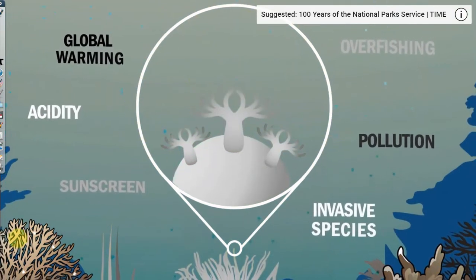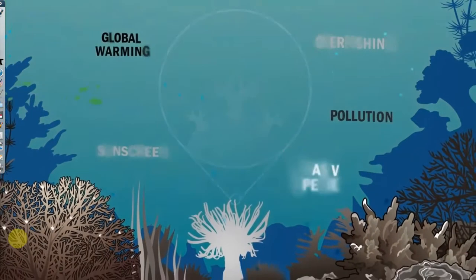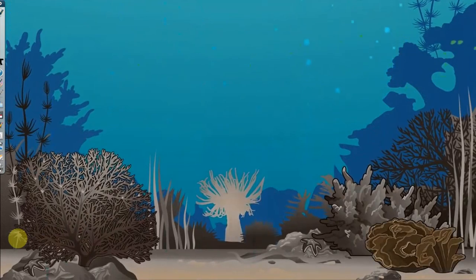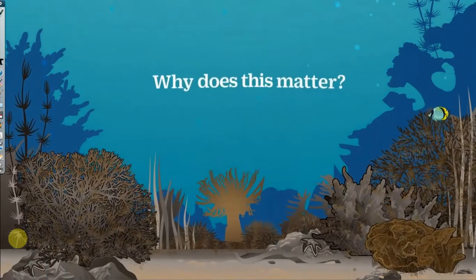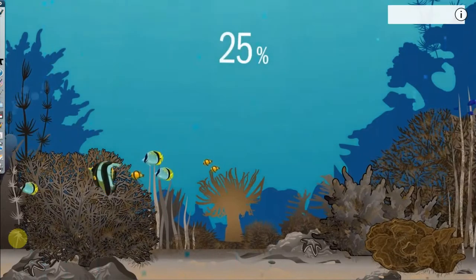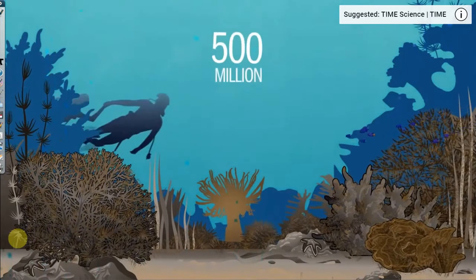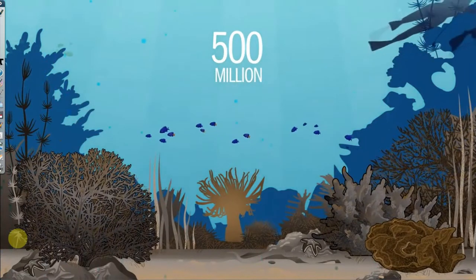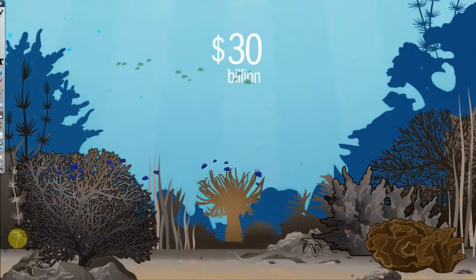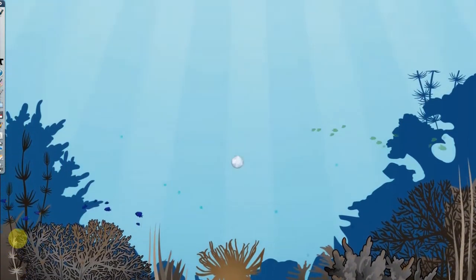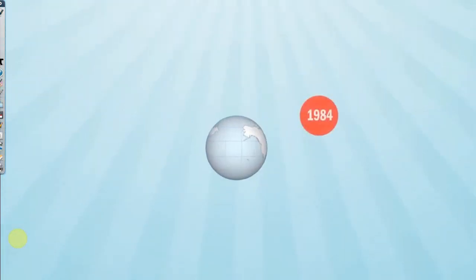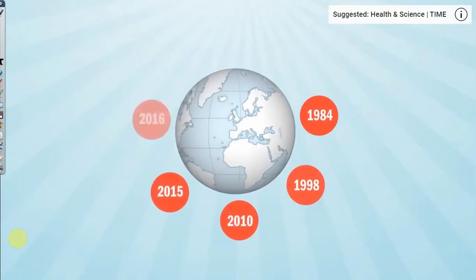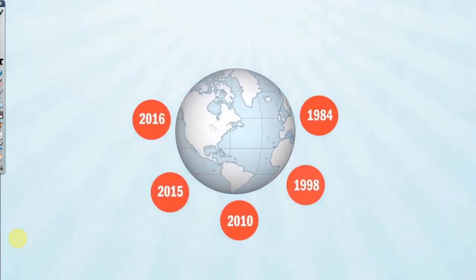Bleached corals aren't necessarily dead. Restoring cool water temperatures or removing pollutants can help fragile corals recover. But without improving conditions, they essentially die. Why should you care about coral bleaching? About 25% of marine life depends on the habitat created by coral reefs. More than 500 million people worldwide rely on reefs for food, tourism, employment, even protection from extreme weather events. And nearly $30 billion in estimated reef value is at stake. Global bleaching events, once a rarity, are happening more often and with greater intensity. We're currently in what scientists say is the worst bleaching event on record, and it could last into next year. Unless we do something soon, coral reefs could go from the cradle of marine life to its grave.